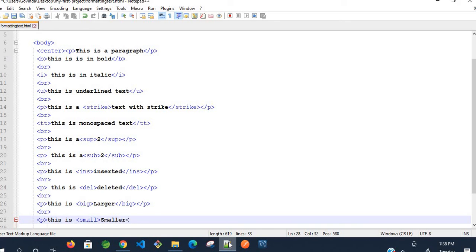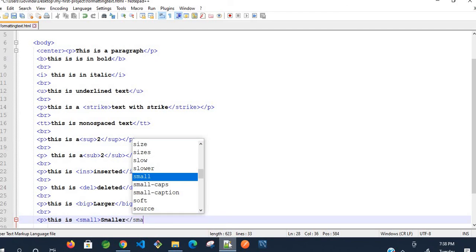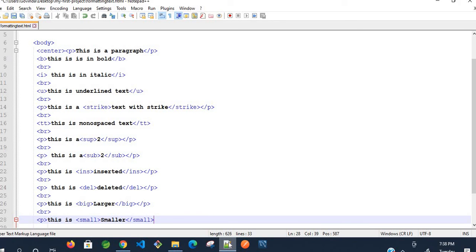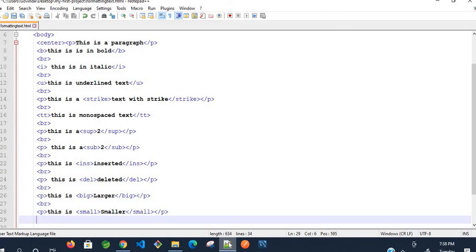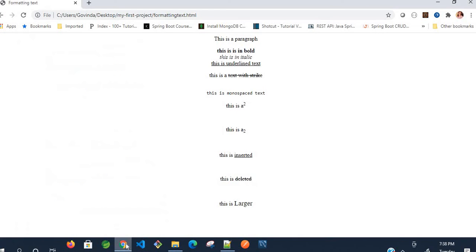Okay, that is nothing but if text is in 10, font size is 10, it will display in 9. Okay, small. Okay, then close the paragraph tag. Sometimes if you miss closing the paragraph tag, it will display the text, it will work. Okay, then save your file, go to the browser.